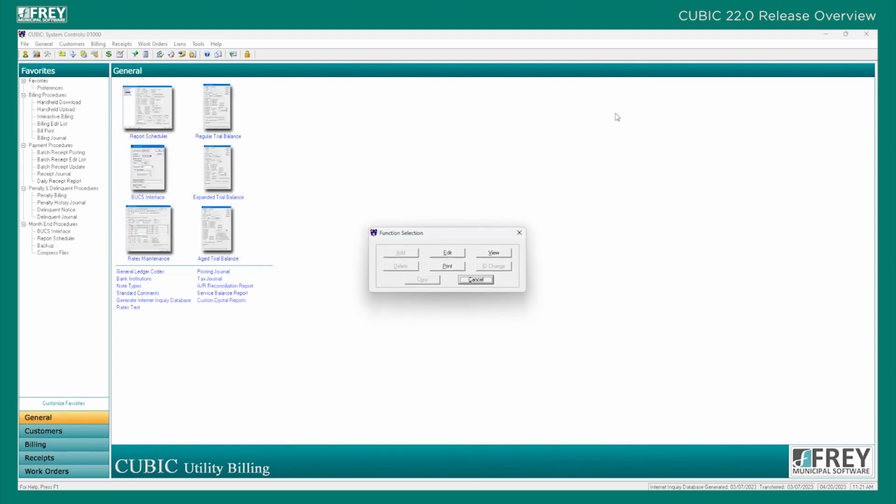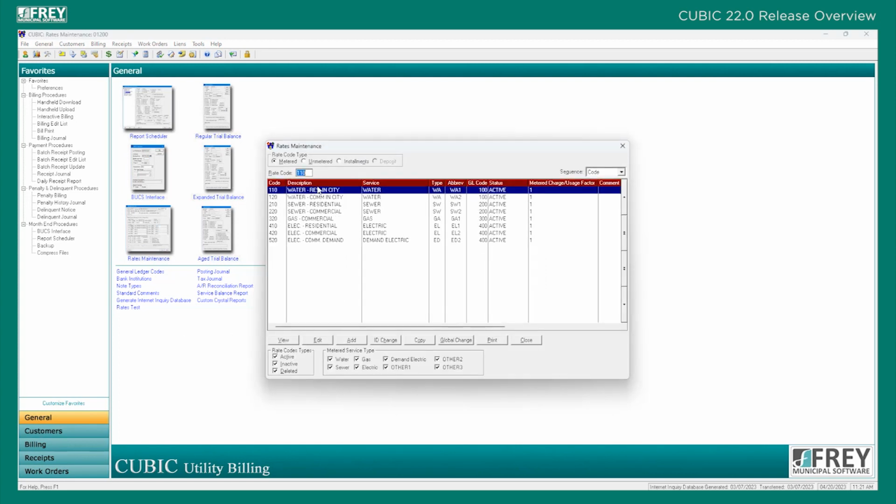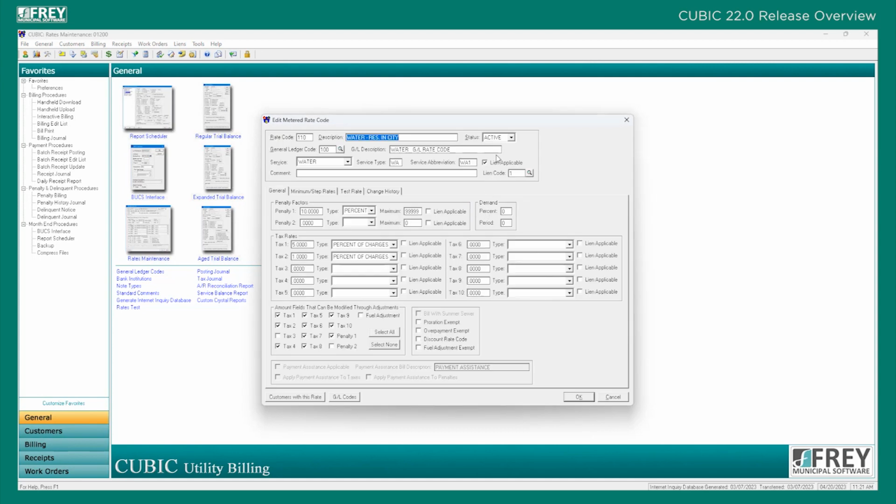For this next section, we will talk about the changes made in rates maintenance. New lien applicable and lien code fields have been added to rates maintenance. On the top of the rate screen, when the new lien applicable checkbox is checked, the new lien code field will become enabled along with the checkboxes for each penalty type and tax rate. These new checkboxes will be used to determine if rates and portions of the rate are able to have a lien applied. The lien code field can be searched,